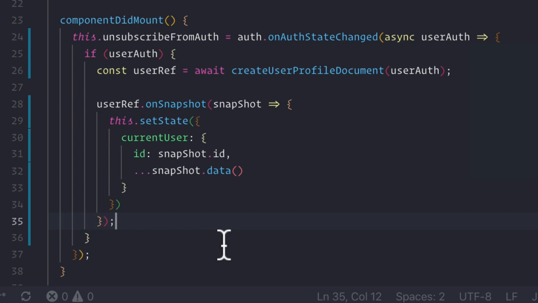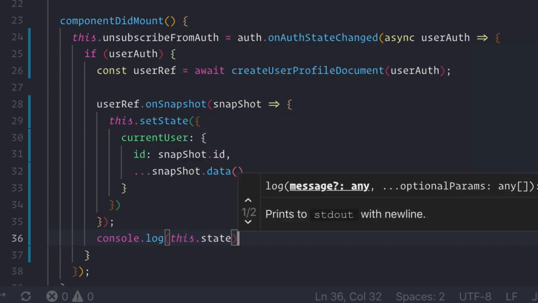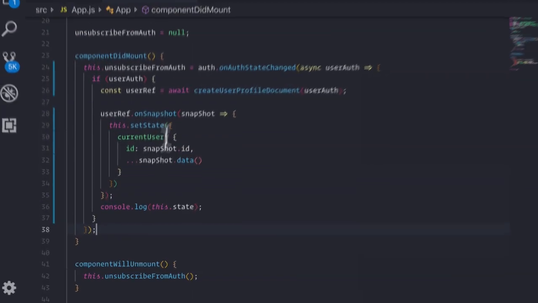And then just to make sure we're getting everything, right? Let's just console log this.state, just to make sure that we're getting this through. Now, outside of this function